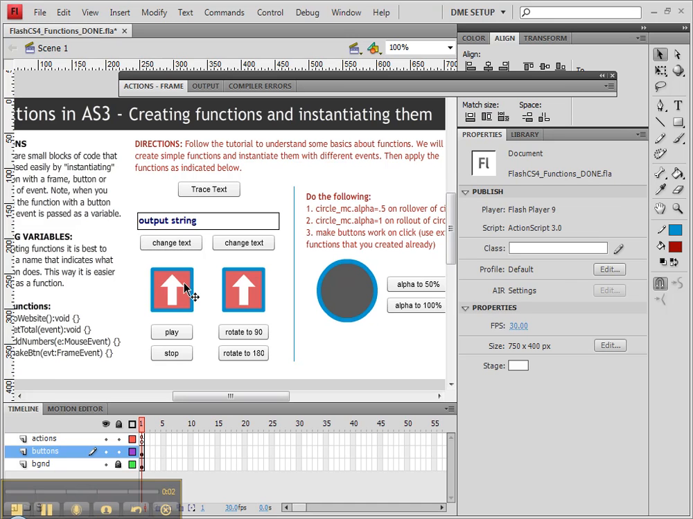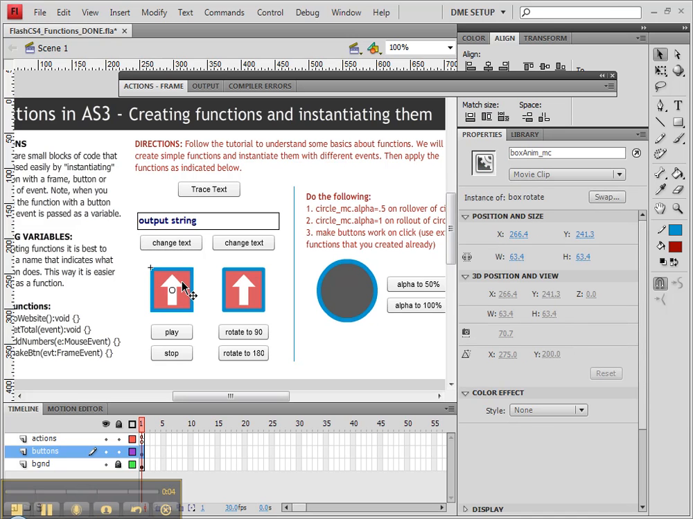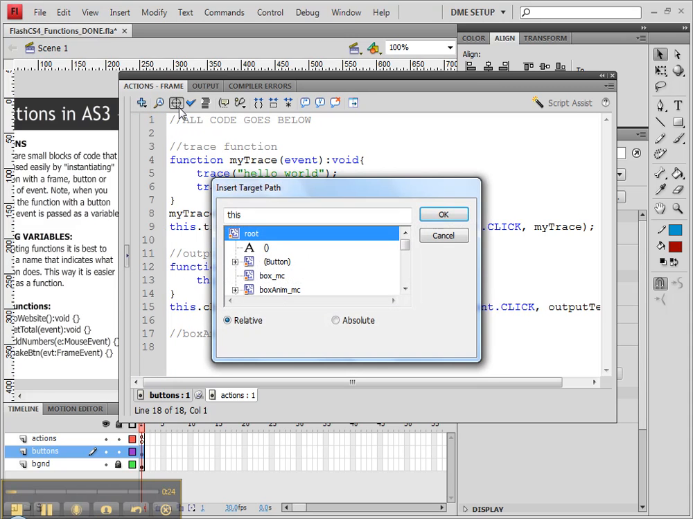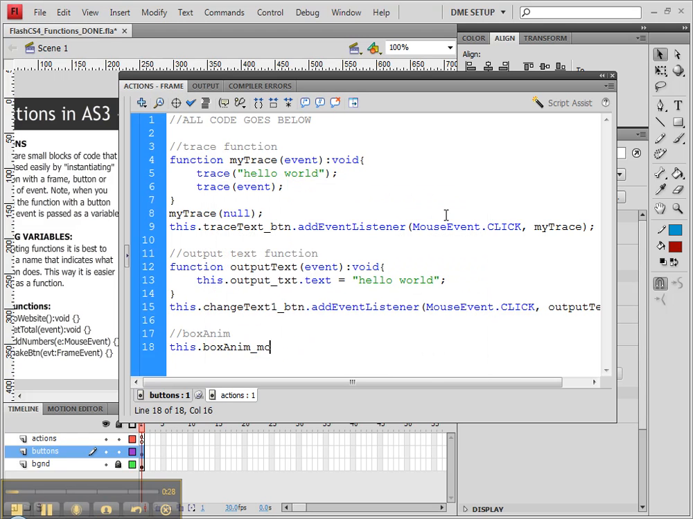In this next part, we're going to be dealing with this animated box here. Now, in order to stop the animation, we can actually do this without creating a full function. So this is going to be the box animation section. We can actually just target that particular box anim, so it's box anim underscore MC, and stop it